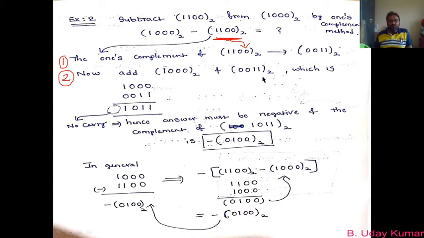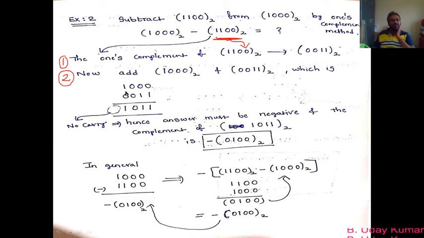Out of these two binary numbers, the maximum digits that a binary number can have is 4 now. Can you see this one? This binary number has 4 digits, and this binary number has 2 digits only, 1 1. These zeros have no value at all, and hence it has 4 digits and it has 2 digits. So out of these two binary numbers, the maximum number of digits they can have is 4 here.